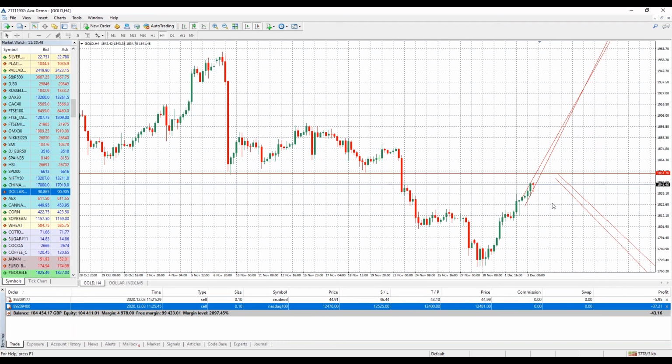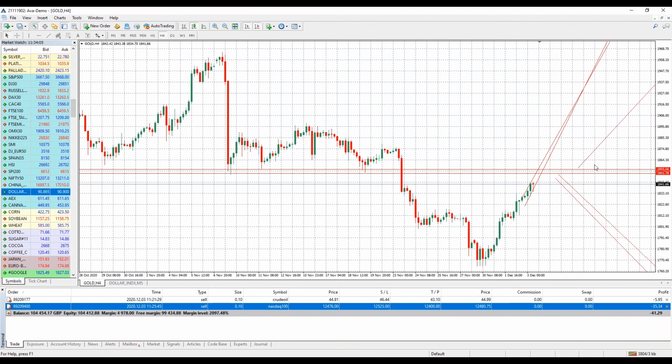A sell limit, correct. Now, it's not guaranteed to win, right? So where would you put your stop loss? Maybe just above that resistance, right? Just above it. If it breaks the resistance, you could have a buy stop pending order ready to buy up